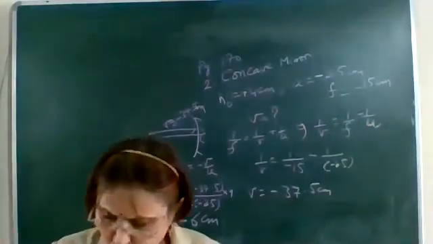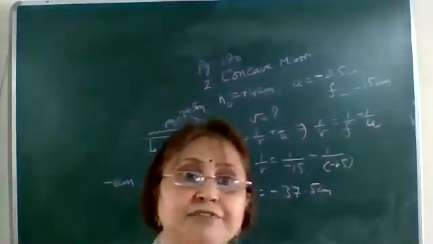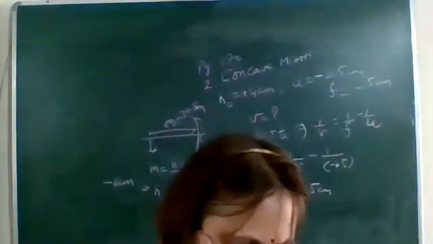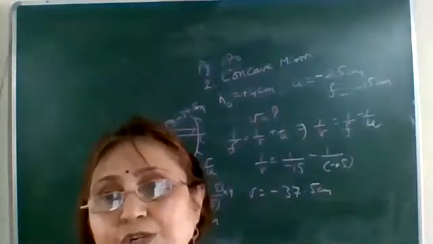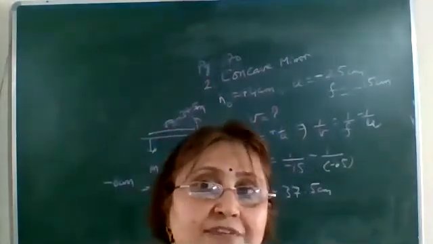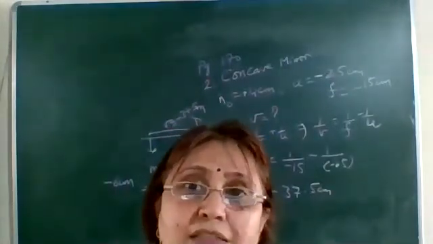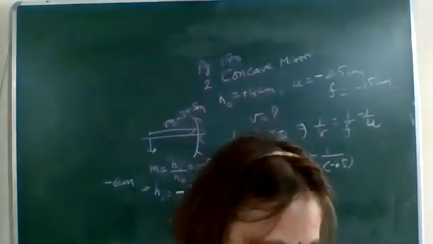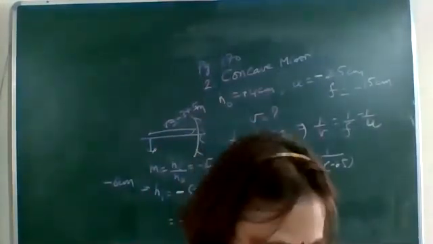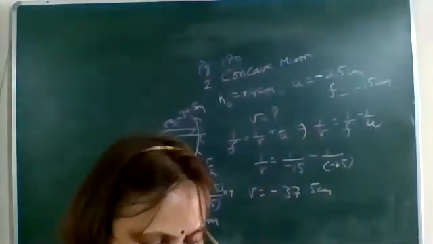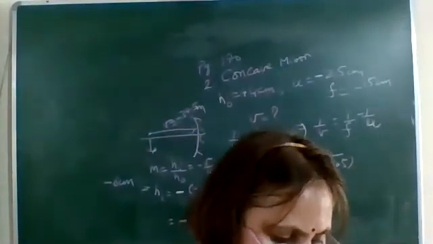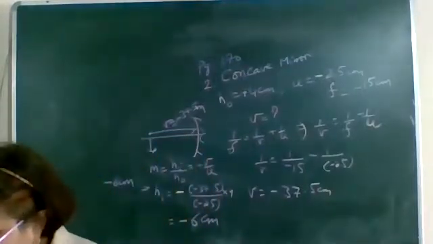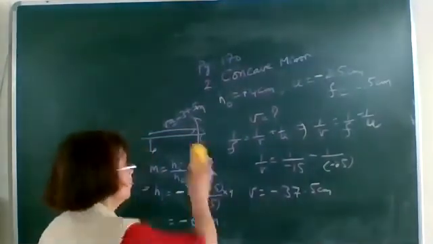Yes, there are 2 more questions on page number 171, unsolved questions. Find the focal length of a convex mirror whose radius of curvature is 32 centimeter. Radius of curvature is 32. So the focal length is half of radius of curvature. That is 32 divided by 2. It would be 16 centimeters. Next is: a concave mirror produces 3 times magnified, enlarged real image of an object placed at 10 centimeters in front of it. Where is the image located?